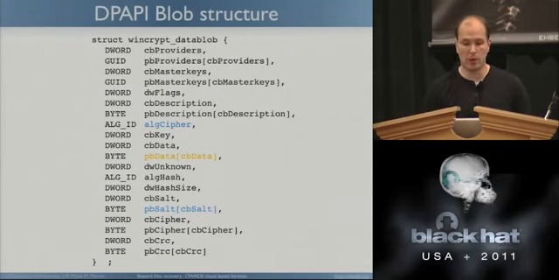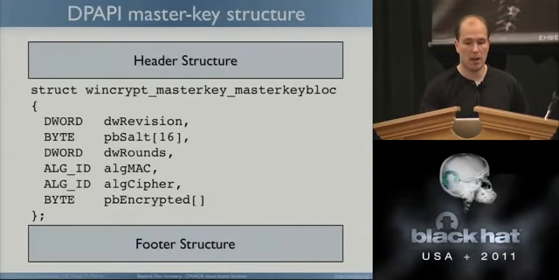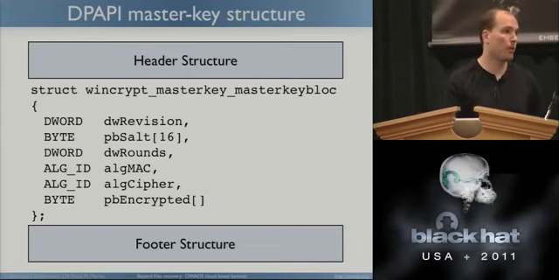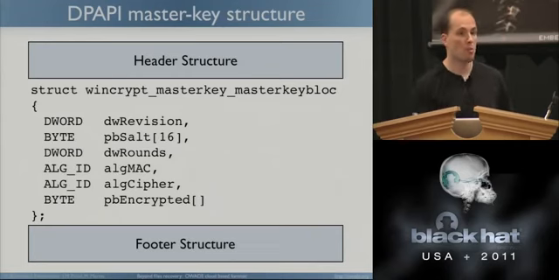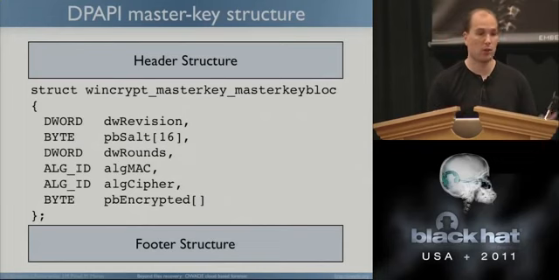And you have a ton of information on this. If you want to really understand how DP-API works, we actually made a presentation about that about a year ago. So you have all the nifty details there. But the basic idea is you have this structure, and the master key contains as well a salt, a MAC algorithm for integrity purposes, and a ciphertext, an encrypted block, which is encrypted with a cipher algorithm. Again, triple DES for XP and AES for Windows 7.